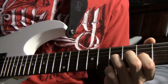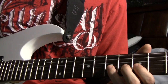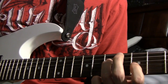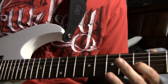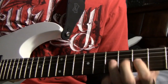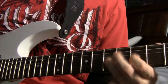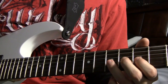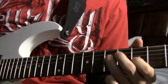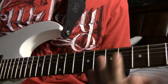Which is 7th fret, 3rd string, bending up. Then doing 5, 7, 5. 5 on the 3rd, 7 on the 4th, 5 on the 3rd again. There it goes. But it's like nice and fast. Just keep continuing that pattern. And then once that part's over,